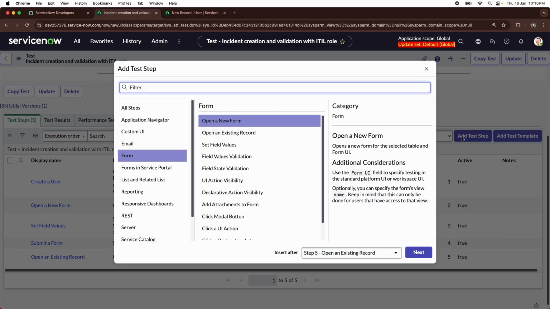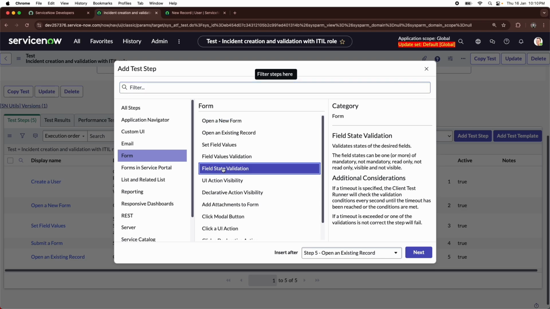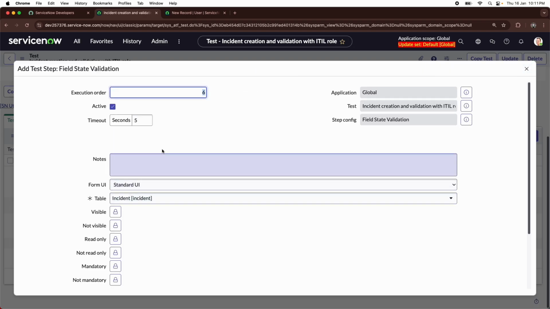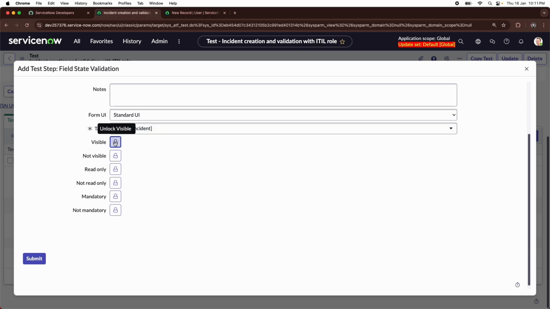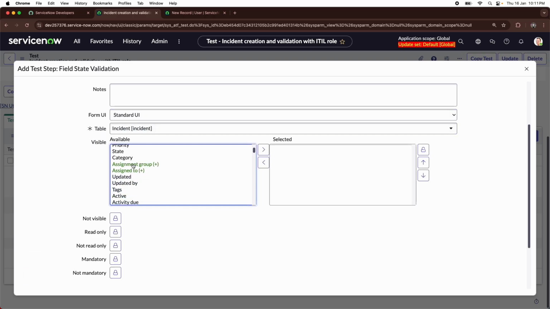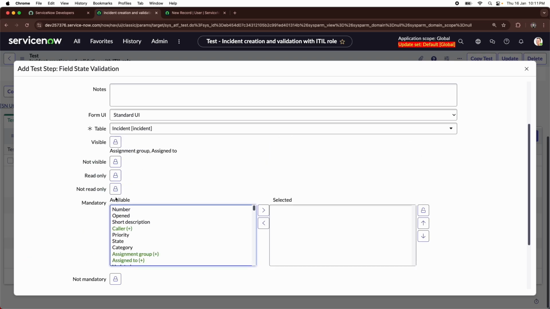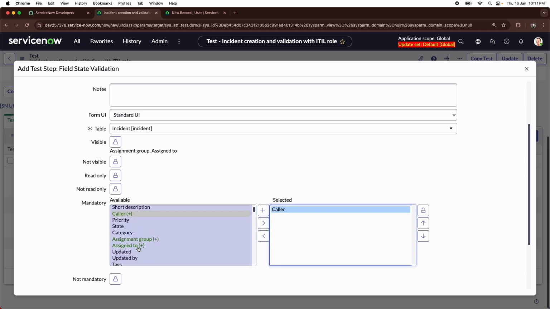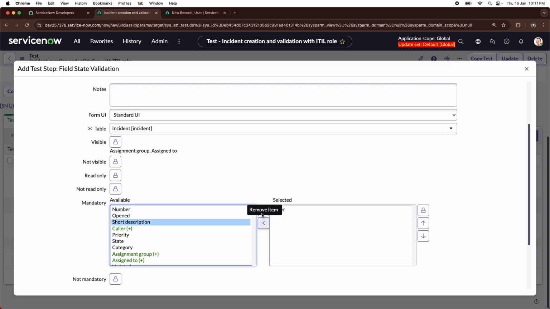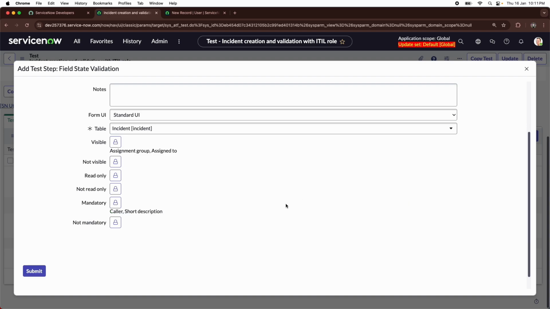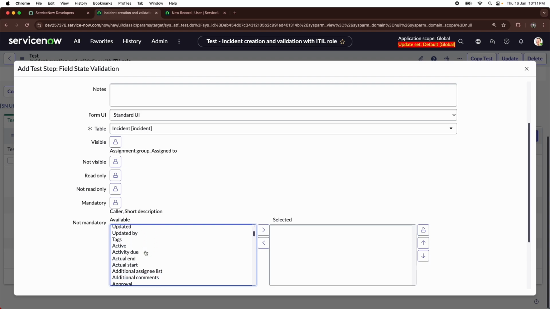And here I'm going to validate few fields, right? So field state validation, this is the one we are going to use. Let's click on next. So what we want to validate, we want to see whether assignment group field is visible or not, assigned to field is visible or not, because these are the important fields. And in the mandatory section, definitely we need the caller field, which should be visible, and the short description field, which should be visible. Okay, and non-mandatory, so for example